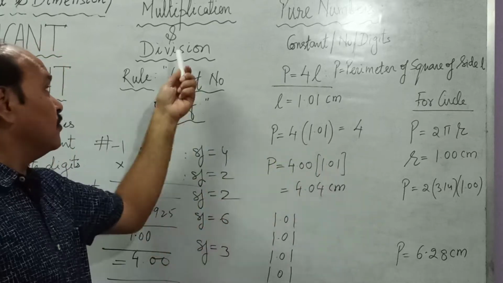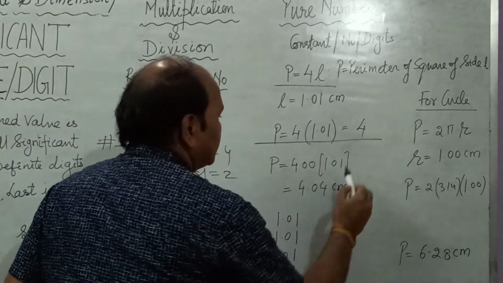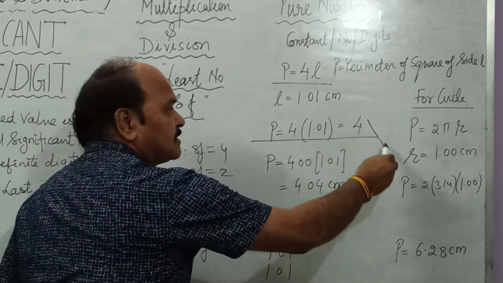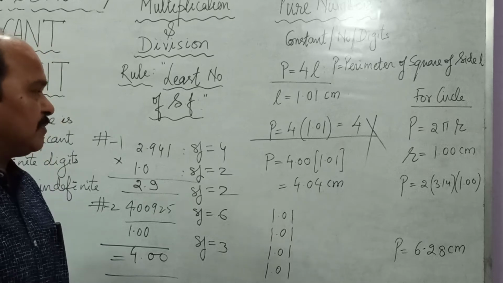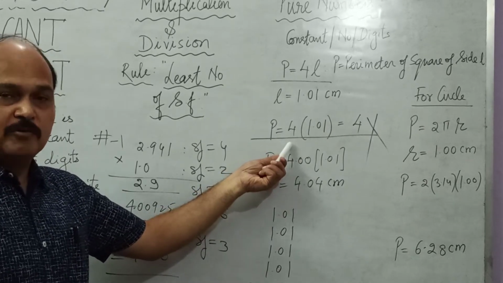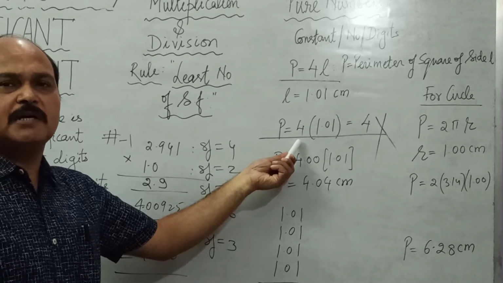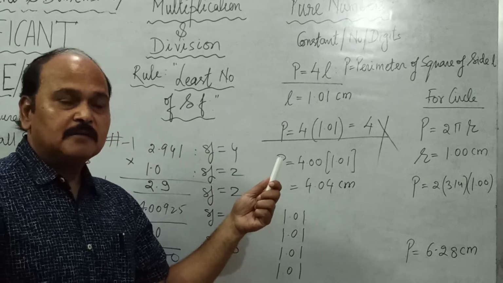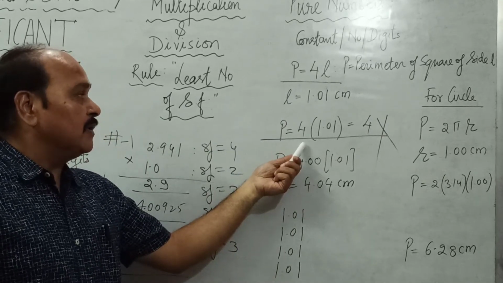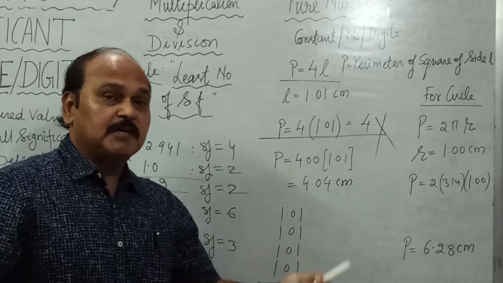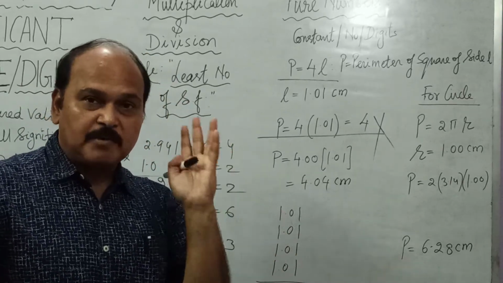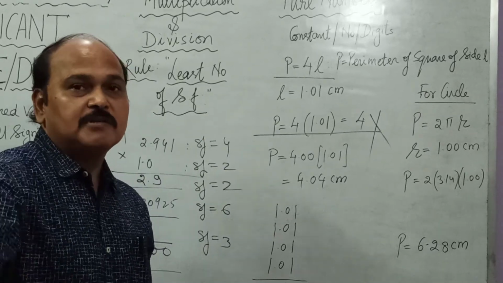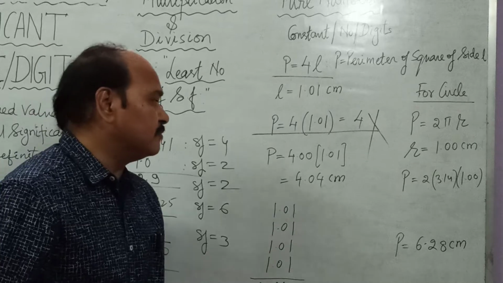And if we apply the normal rule of multiplication here, then we might get the answer as 4, which is incorrect. Why is this answer incorrect? This answer is incorrect simply because this pure number is not a measured value. It is a known number. Everybody knows that there are 4 sides in the square and the perimeter of the square is going to be 4 times one side. So every pure number has unlimited accuracy. Whichever measured value it is multiplied with, it acquires the same accuracy as the number it is being multiplied with or divided from.